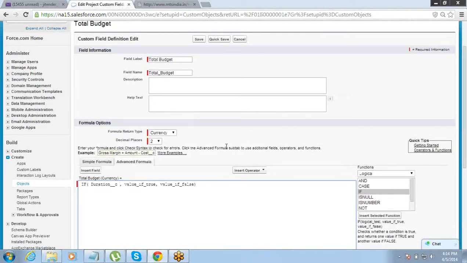The duration is greater than 50. Then the budget value will be, in that case, 10% discounted. So total budget, whatever. There are different ways of calculating it through your mathematical expression. So whatever process you want to follow, I would do it